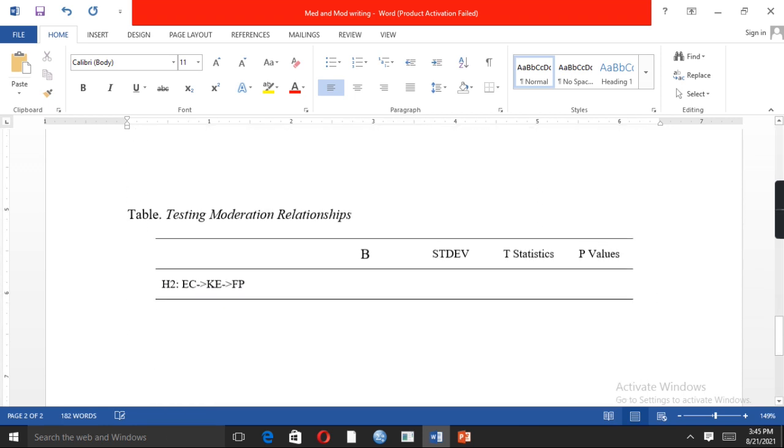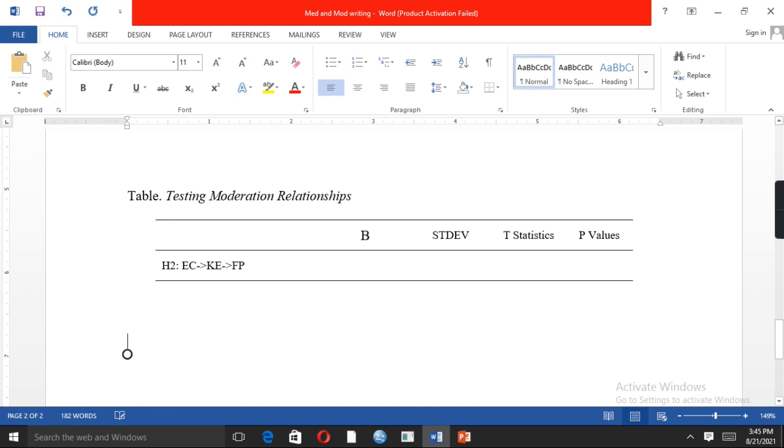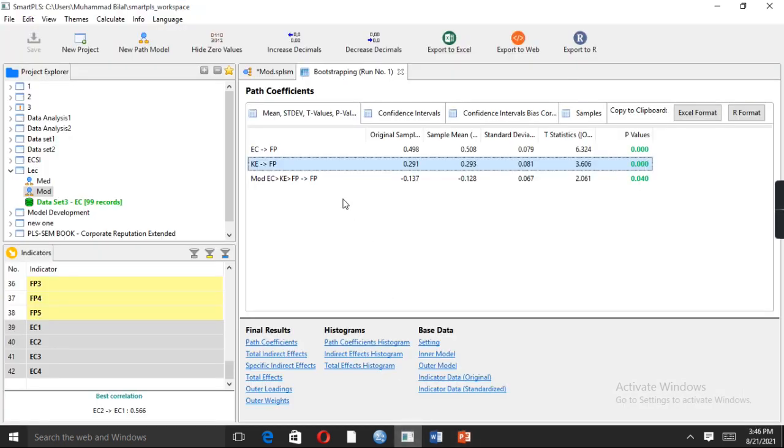Similarly, for analyzing and interpreting the result of the moderation analysis, at first we are going to put in the values of the moderation result. For this purpose, just copy and paste the result. The beta value is minus 0.137.